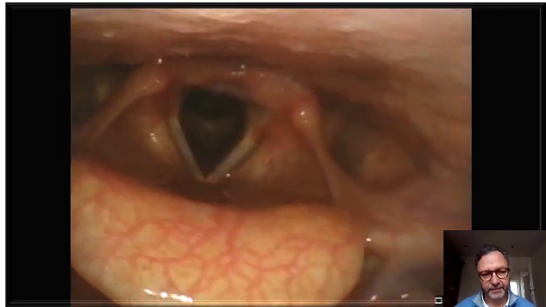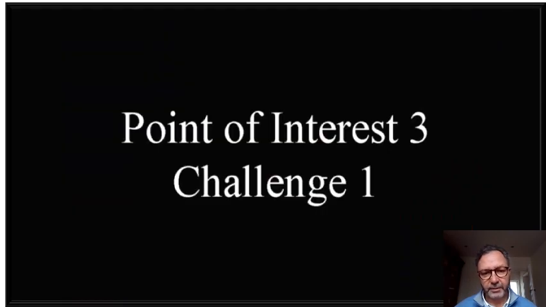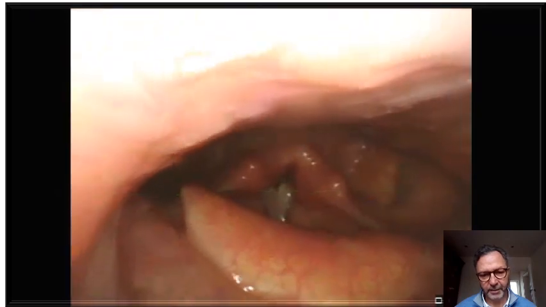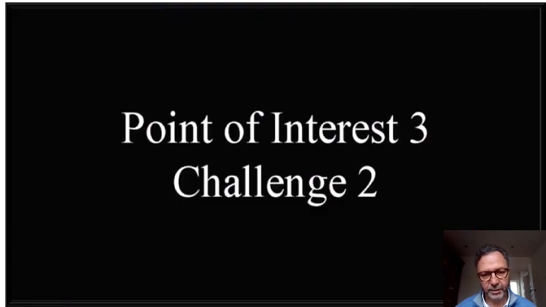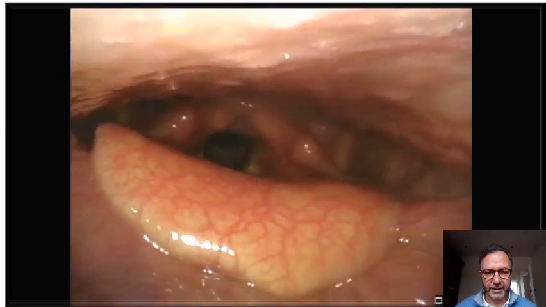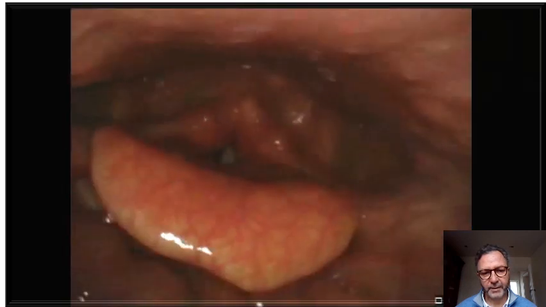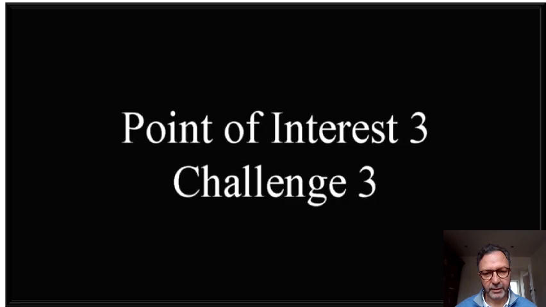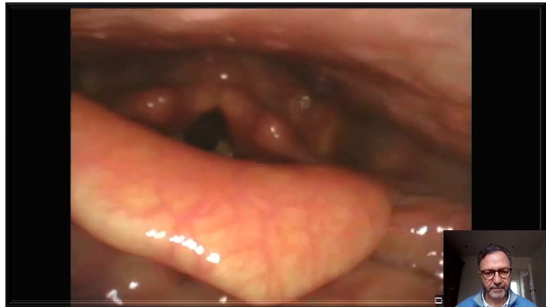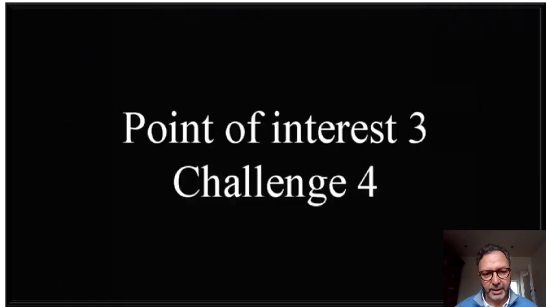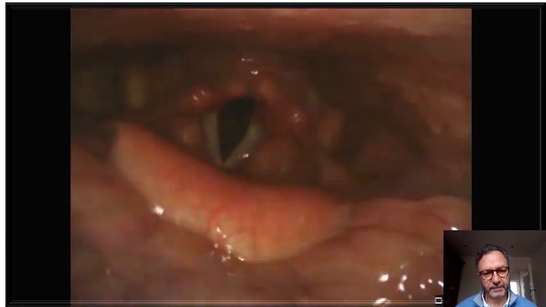No, perfectly all right. So we can move on, pull out the endoscope a little higher in the oropharynx, and then you will have a nice view of the entire pharyngeal larynx. This is challenge number 2. So you will ask your patient to swallow the bolus, and you will see a perfect clearance with no stasis present. And then point of interest number 3, challenge 3, and challenge 4 will confirm